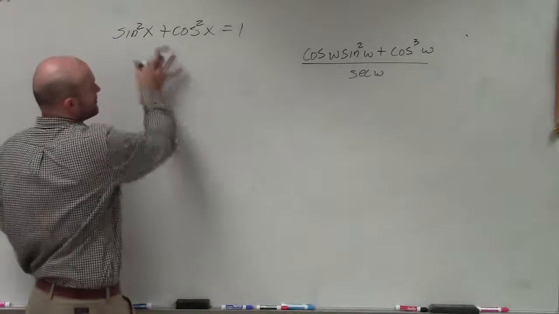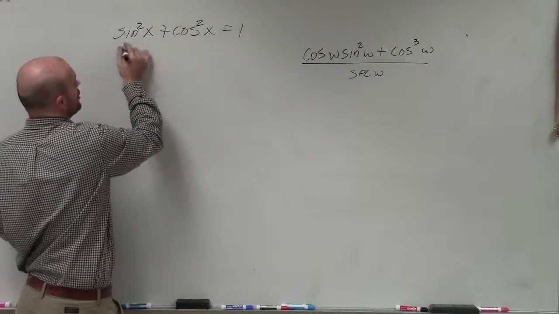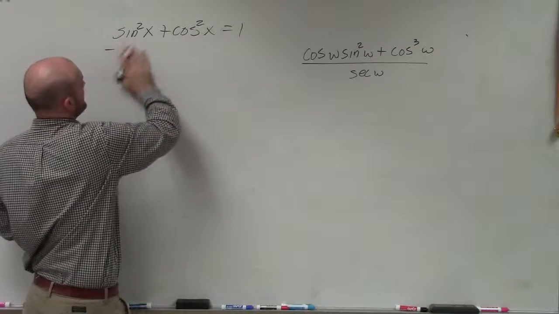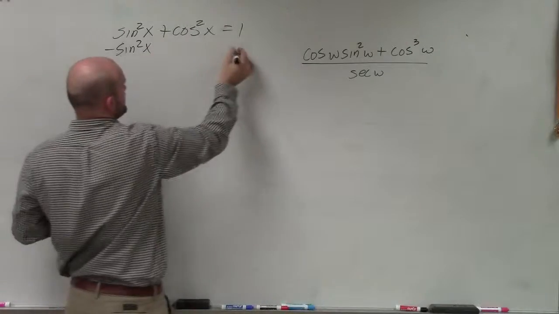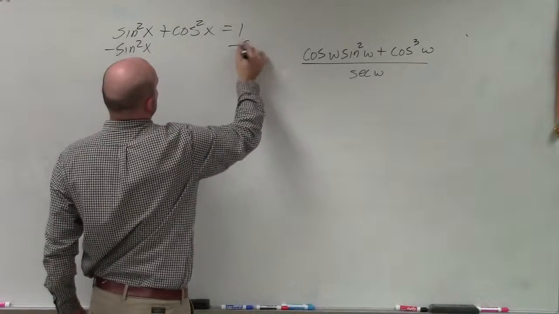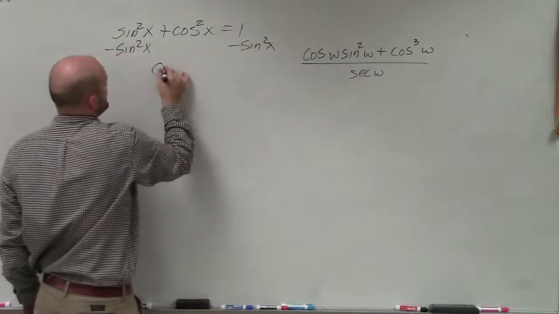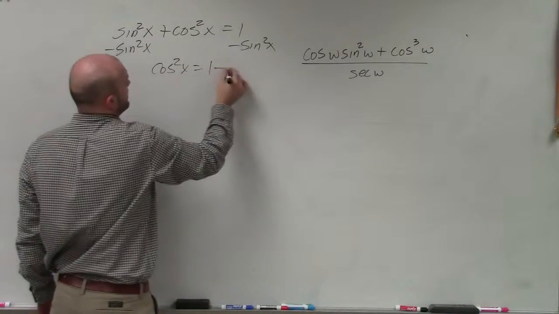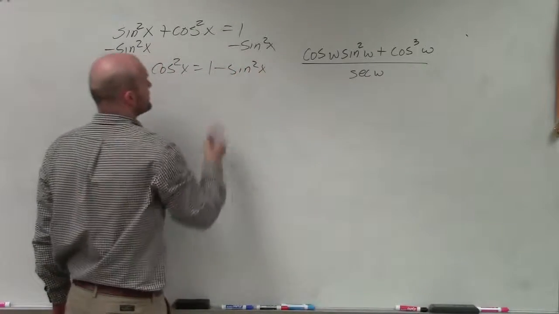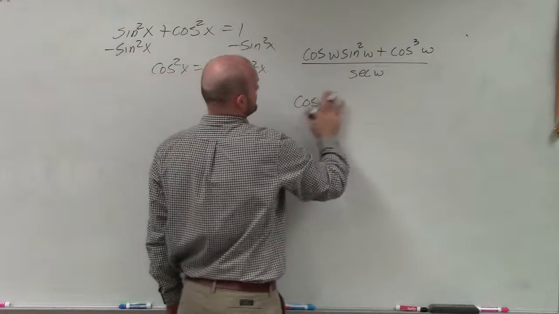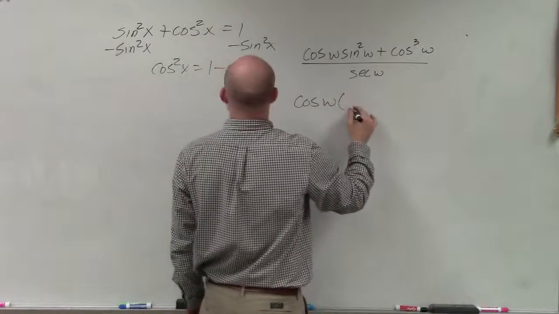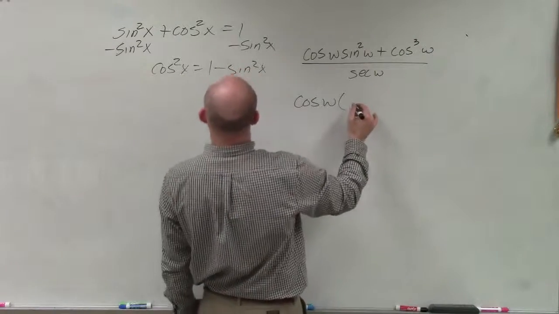So I'm going to replace sine squared with cosine squared. But you can't just replace them, because the relationship is sine squared of x plus cosine squared of x equals 1. So I'm going to subtract the sine squared of x. So I have cosine squared of x equals 1 minus the sine squared of x. So now I go ahead and replace that in there. So I have cosine of w times, now it's going to be,